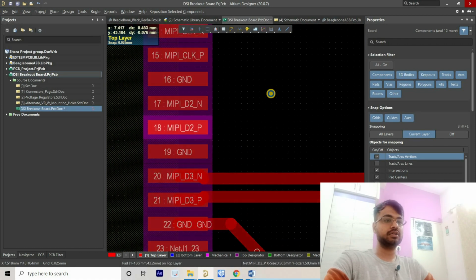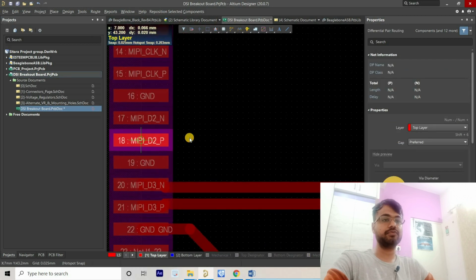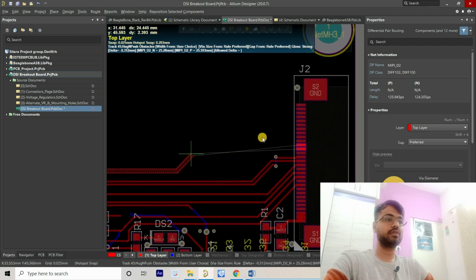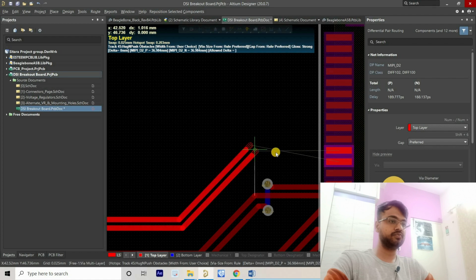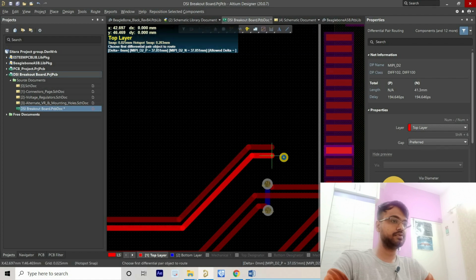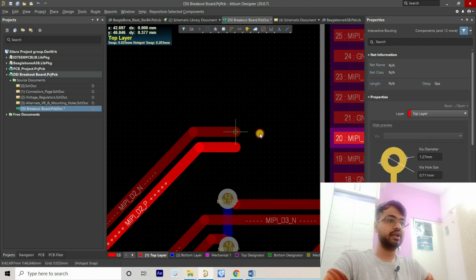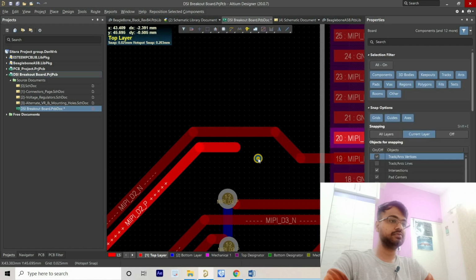Similarly, we will route the other connection, which is this one. Again, select the interactive differential routing and route them like we did for the previous one. So again, we have to select the interactive routing and connect any of the connections we want.